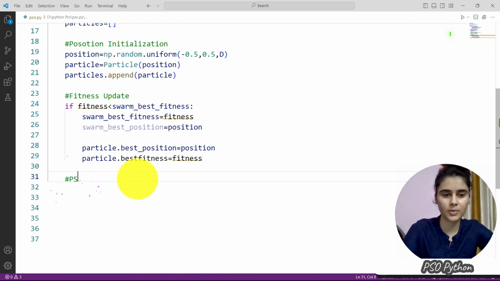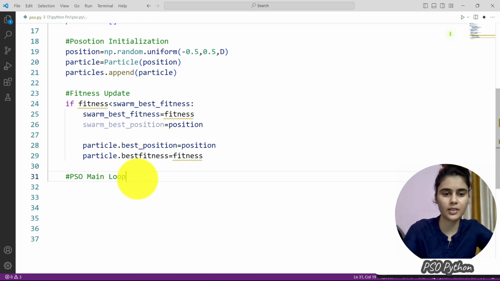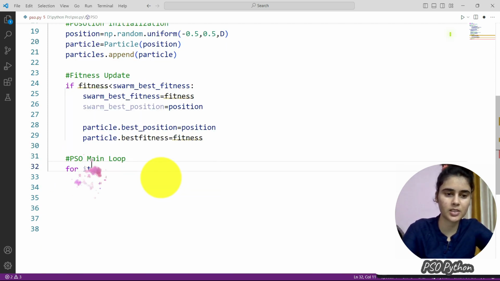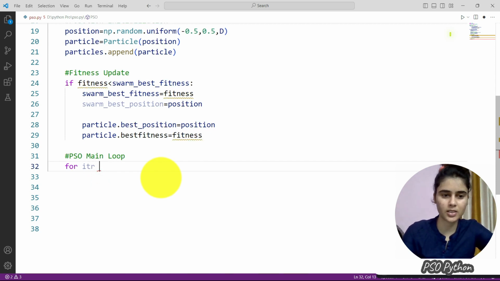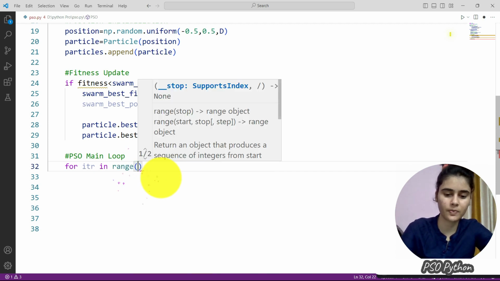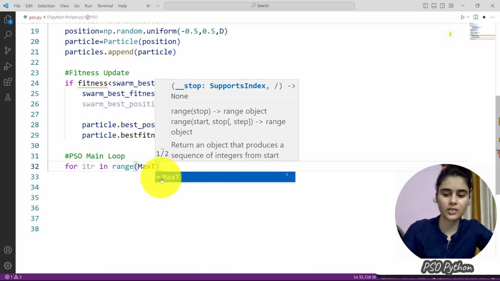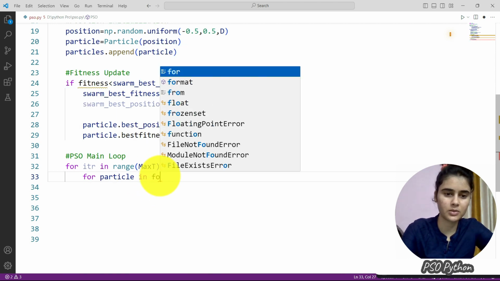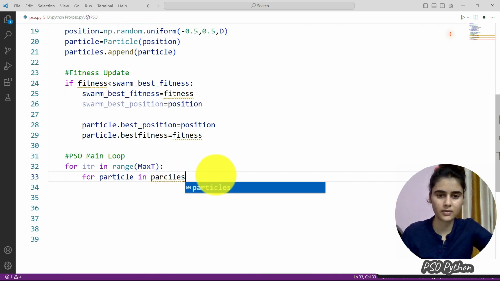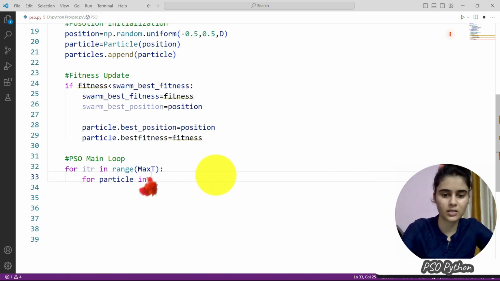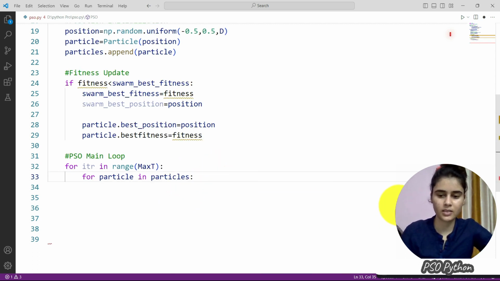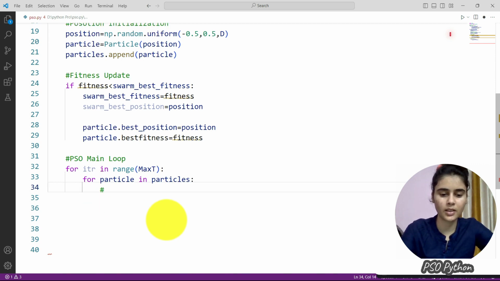Now we will start the PSO main loop to calculate the best solution. Here we will repeat this loop until the stopping condition is met, for iteration in the range of maximum iteration. We will do this for all particles in the list. We will update